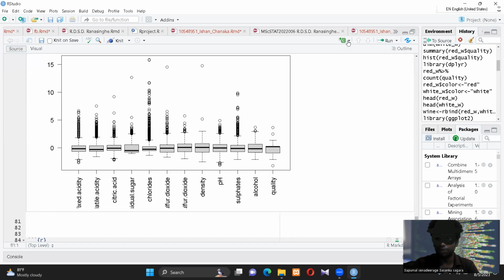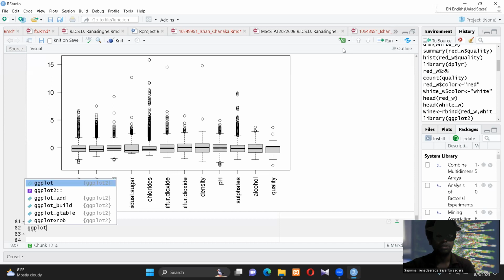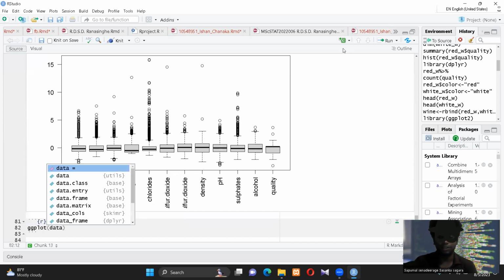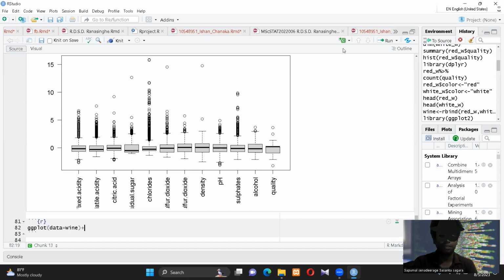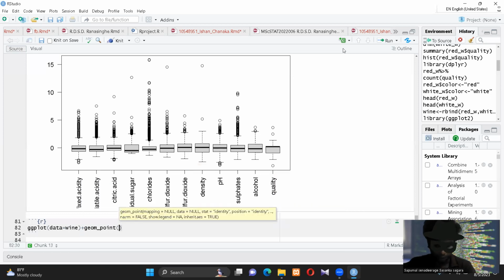So now I will talk about only very important and basic exploratory parts using default functions and ggplot, right? One more thing, ggplot. ggplot data equals line mapping. Sorry, geom. I need a scatter. Let's say I need a scatter geom point, right? Geom point mapping equals aesthetic. X equals, x will be